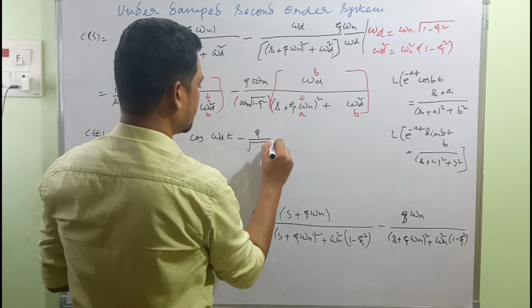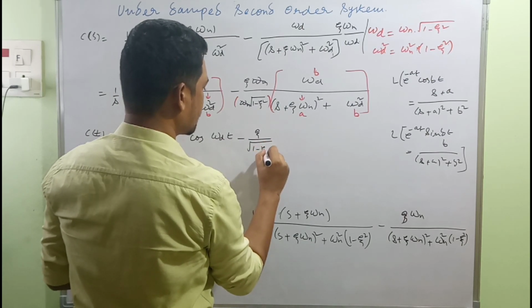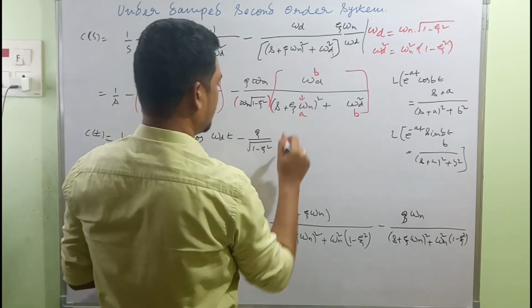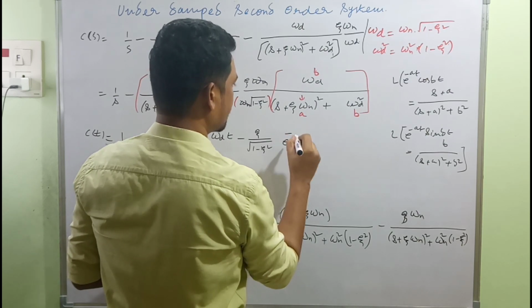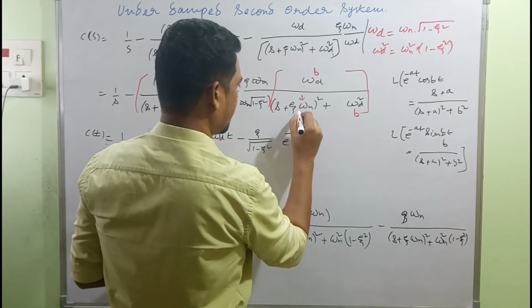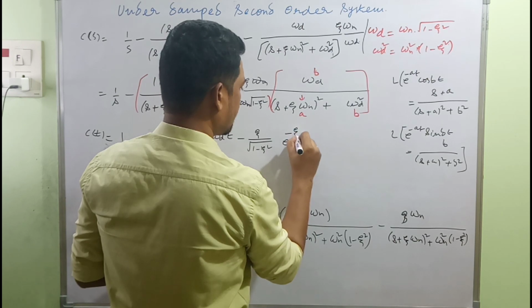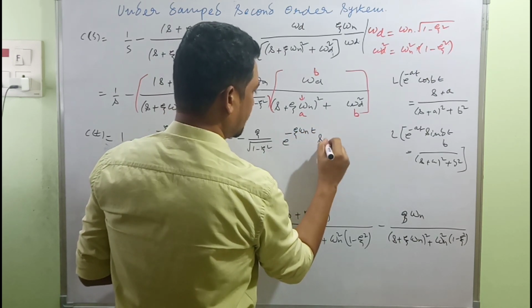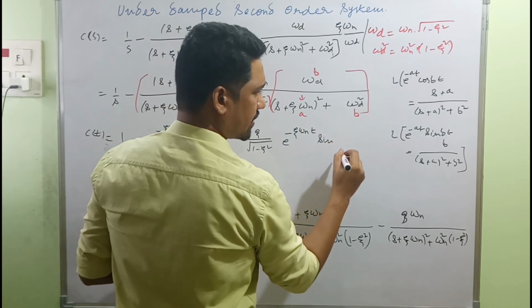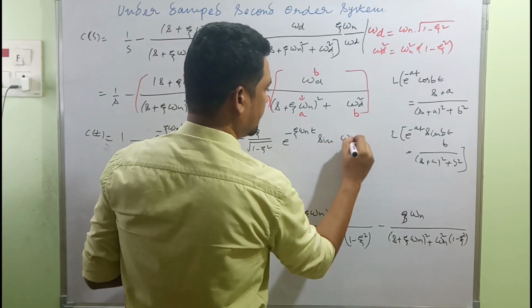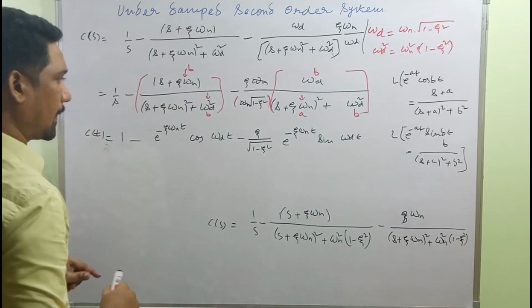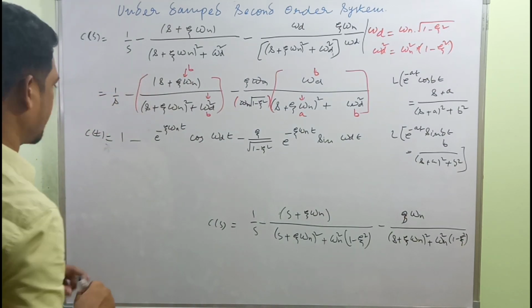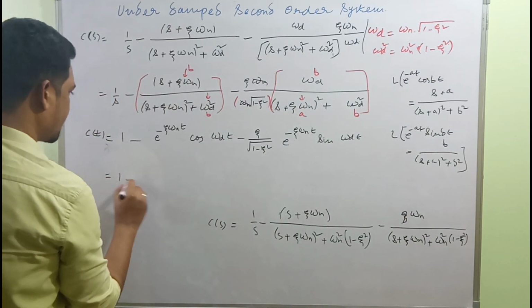And going ahead for this one, zeta upon under root 1 minus zeta square as it is from this term. Now this will be e raised to minus zeta omega n, which is our a, into t, sine omega d t. Guys, that's the expression which we are searching for, which will be equal to 1 as it is minus,